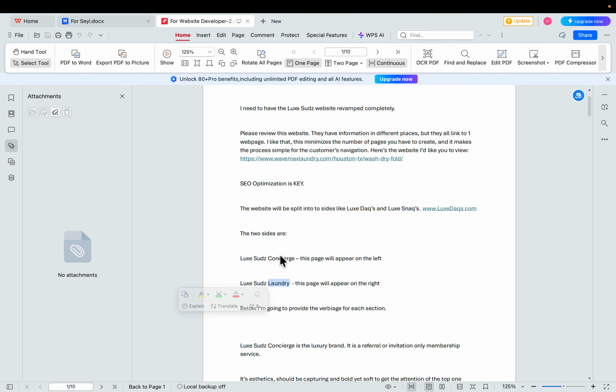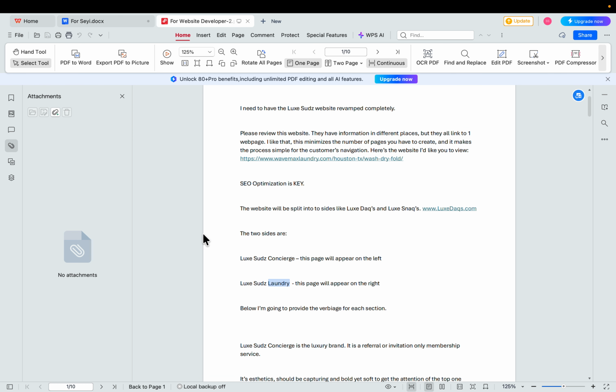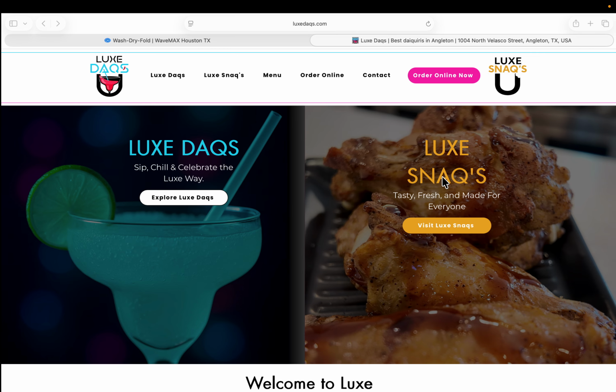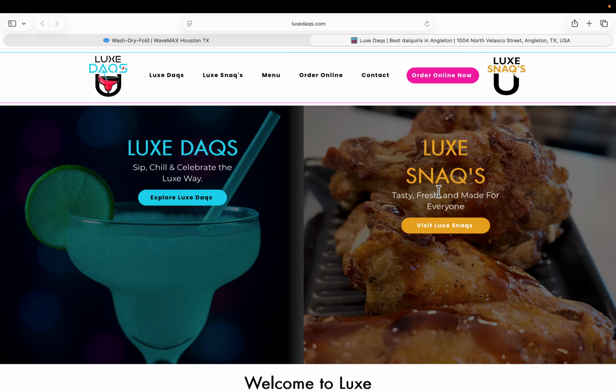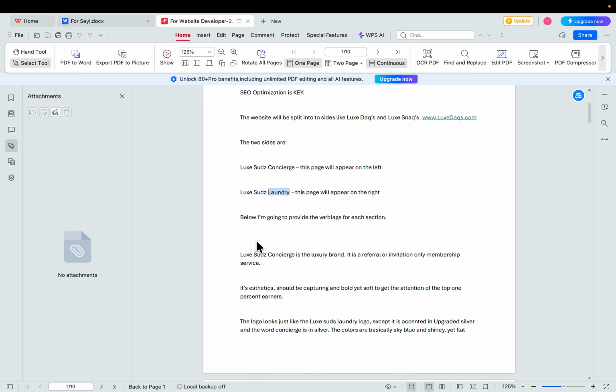So definitely the concise will be right here at the left side, while the laundry will be at the right side, right? Yes, that's correct. So below I'm going to provide the verbiage for each section. Okay, you will send me the text for each section.